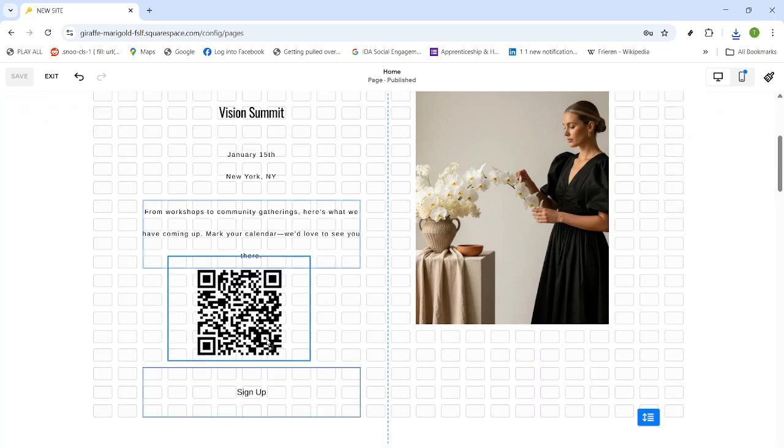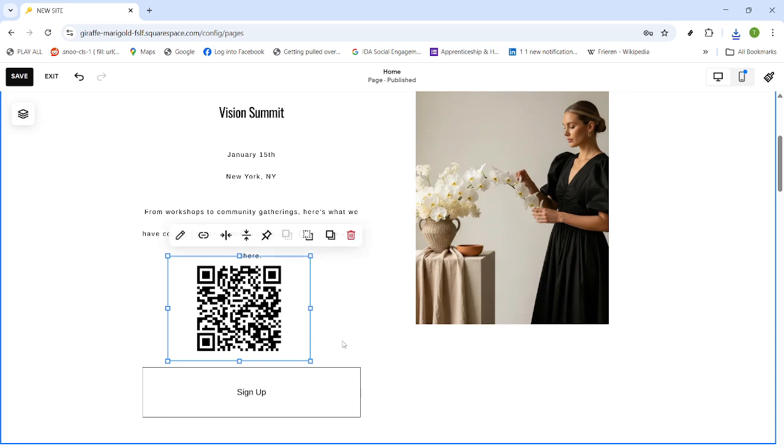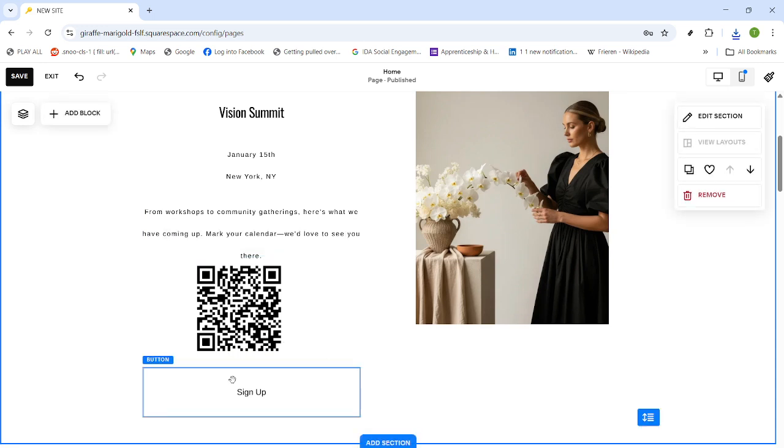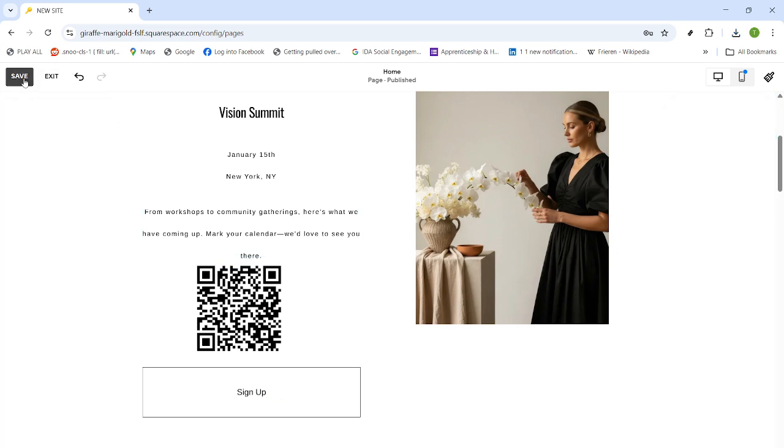A quick tip before you wrap up. Test the QR code with your phone to confirm it scans smoothly and directs to the correct page. If you notice any trouble scanning, try enlarging the image slightly or improving the contrast between the code and the background. You've successfully added a QR code to your Squarespace site, making it easier for visitors to jump from print